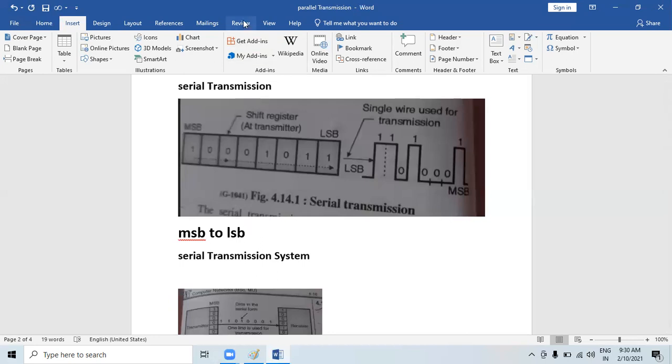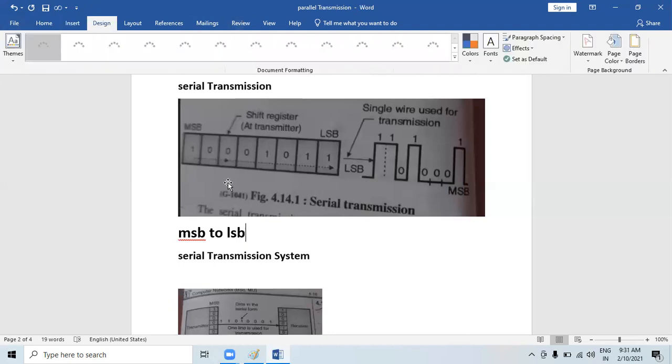So here the serial transmission has a serious drawback, as only one bit is transmitted per clock cycle. It requires a time corresponding to 8 clock cycles to transmit one byte. Parallel transmission needs only one clock cycle to transmit a byte. The time can be reduced by increasing the clock frequency. Okay, so a practical serial transmission system here.